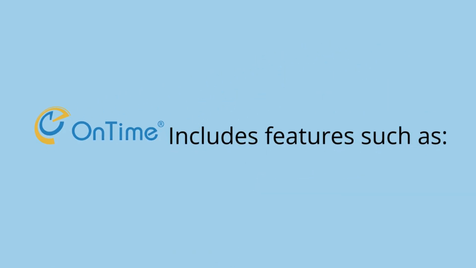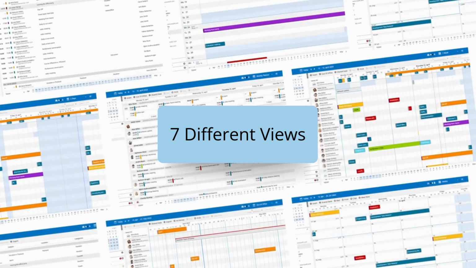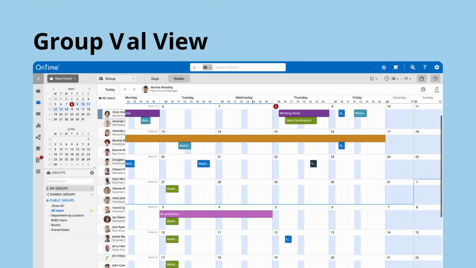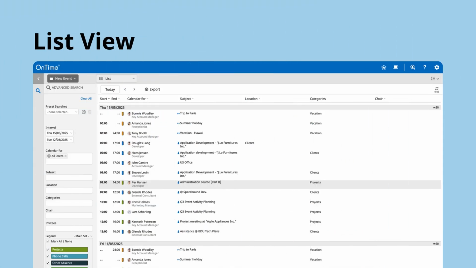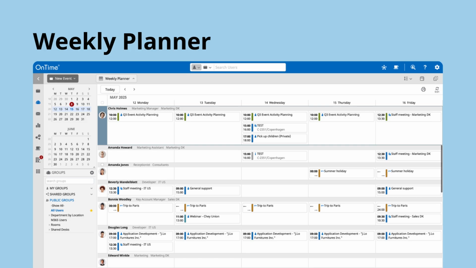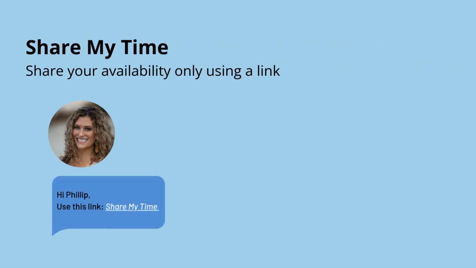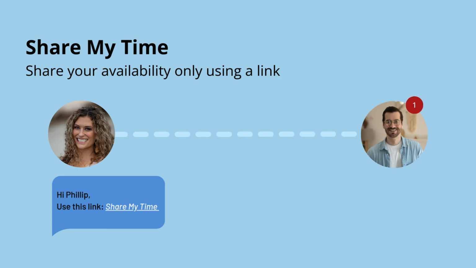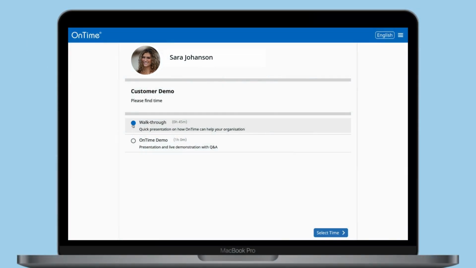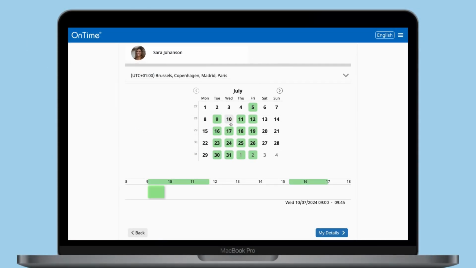OnTime includes features like 7 different calendar views, a group view, individual view, list view, weekly planner, and time off view. It also includes Share My Time. Let others book a meeting with you without showing your full schedule. Just send a personalized link and they can pick a time that fits them the best and also fits right